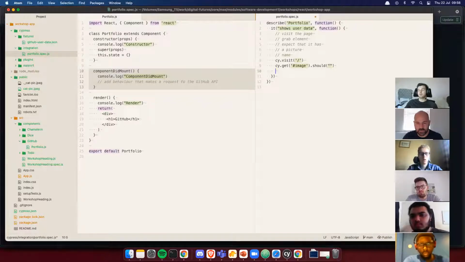I'll have a look at the quick docs in a second, and then we'll also get the username. Let's just keep it all conventional. Username and image should contain